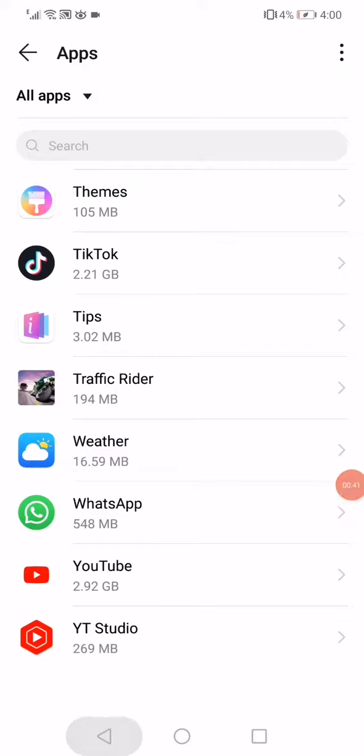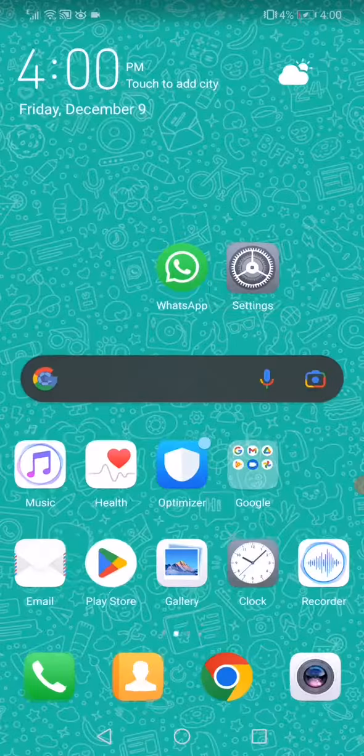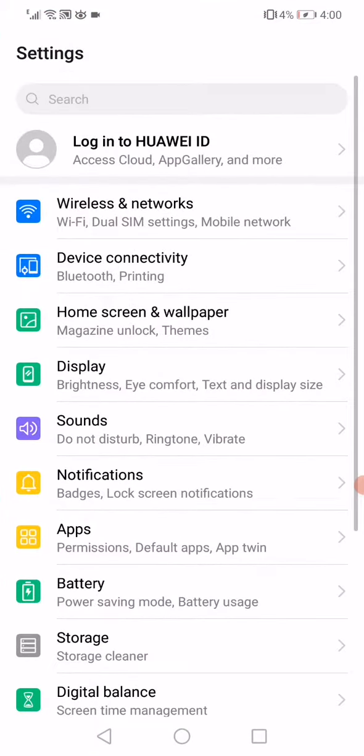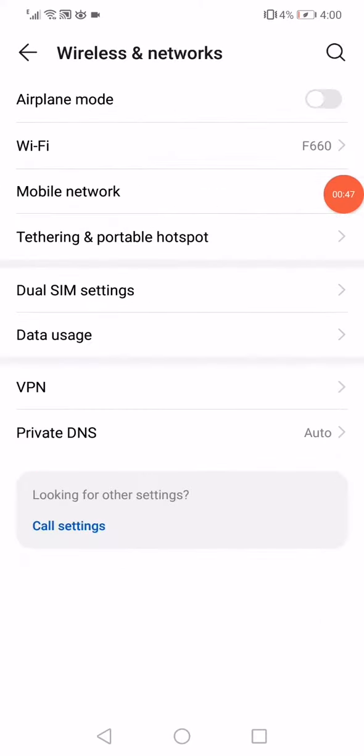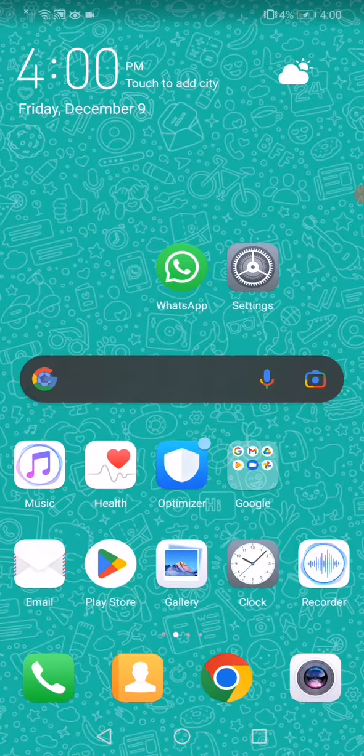The second way is you have to go back to the settings and this time open the wireless and networks and enable the airplane mode and wait a few seconds, then disable it again. That's the second way. The third way is you have to make sure that your SIM card, there's no problem